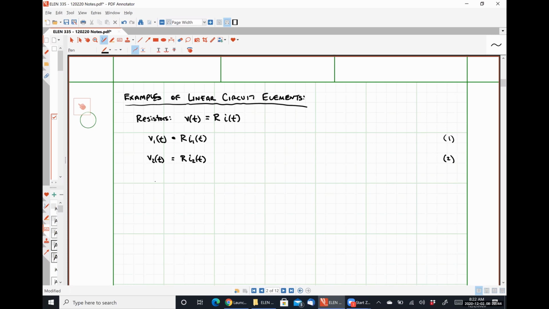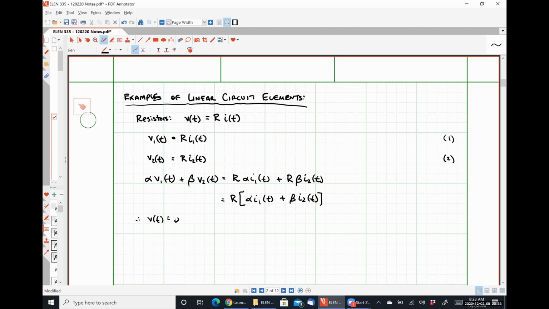So I would have alpha V1 of t plus beta V2 of t is equal to R times alpha I1 of t plus R beta I2 of t, and I can collect like terms